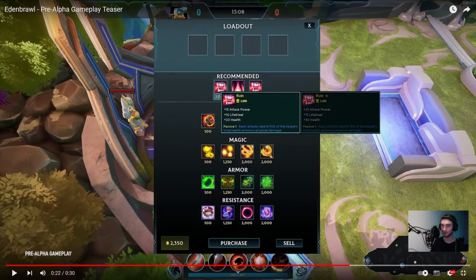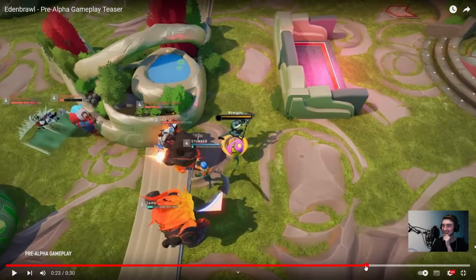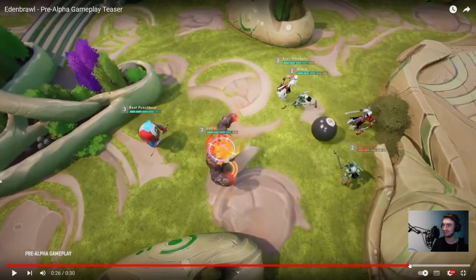So we start at 500 gold, 2,000. One item that's interesting. We're gonna see some diversity in the items. I like that. So if we can see more of the shop. Oh, we still have an upgrade button, so that's still a thing. Let's see what's the category on top. Unfortunate, but still very pretty. And we see